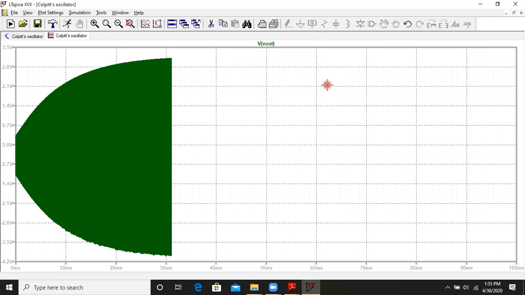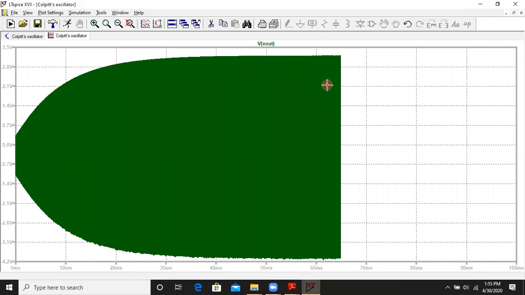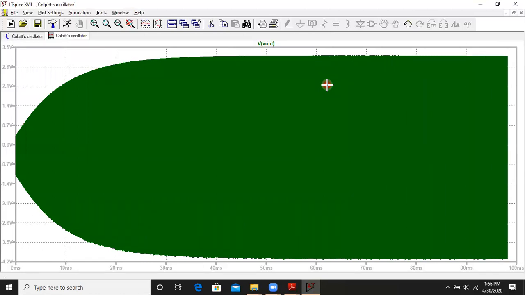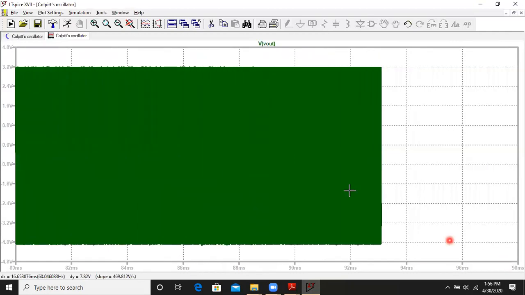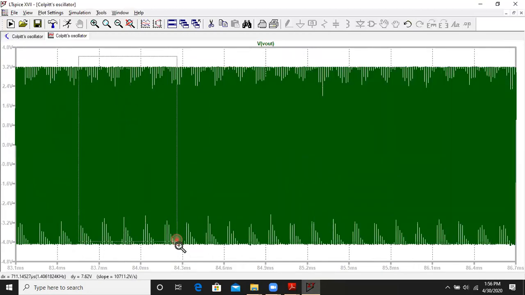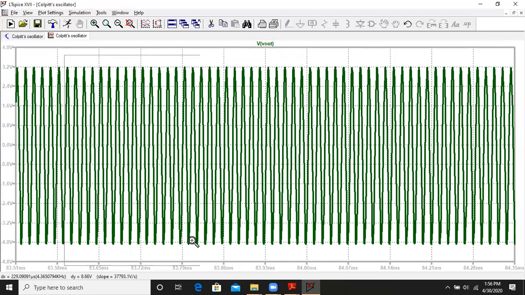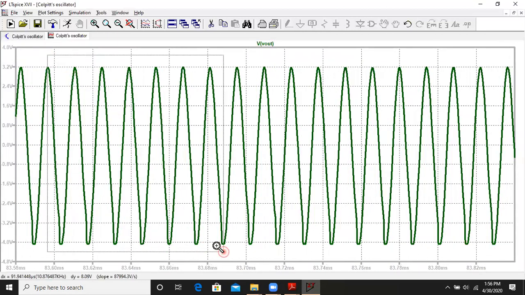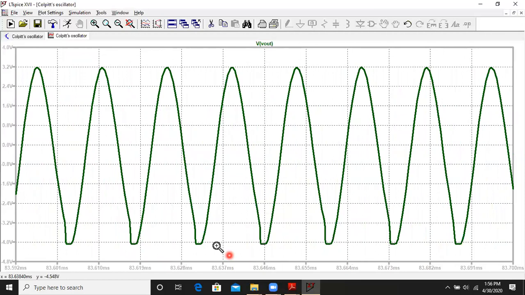The moment we do that, we get this buildup of waveforms. As you can see, this is a progressive output waveform, symmetric above 0 and below 0. Here it is a highly compressed waveform because of high frequency. So we have to left click and maximize this waveform like this. Again, it is compressed, so we have to follow the procedure again. Similarly, one more time we will see till we get a visible sine wave. As you can see, as compared to the Hartley oscillator, the sinusoidal waveforms are quite distortion free, quite better compared to Hartley.